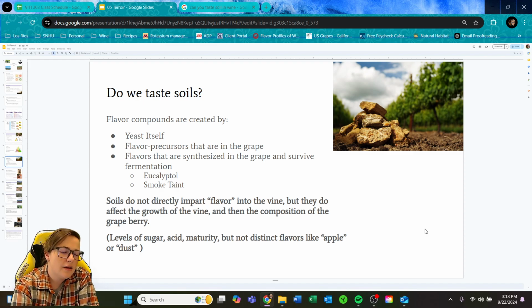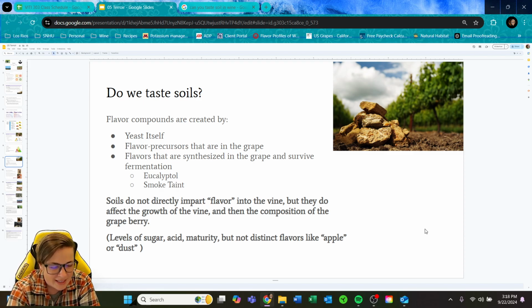So speaking of terroir and soil, it brings up a really interesting question of, do we taste soil? So when we are tasting wines, are we tasting the clay? Are we tasting the salt? Are we tasting the dustiness of the dry roads or whatever? And the answer to that is no. It's easy to romanticize the wine, but unless winemakers are literally putting dirt into tanks you are not tasting the